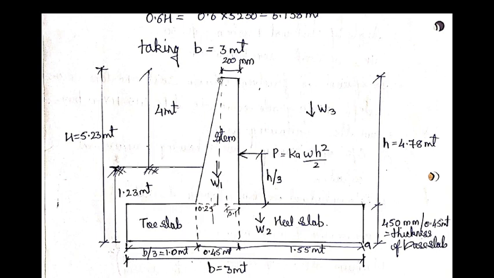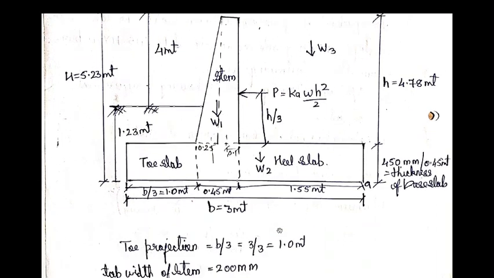Then this is the stem portion. The height of the stem, we have taken it as 4.78 meter from here, and the total height h is taken to be 5.23 meter from the foundation, that is the base slab. The ground height is nothing but the height which we worked out, so this was 1.23 meter. Initially we have given the weights. The weight of the stem will act downwards, W1, and the weight of this whole base slab will act as W2, which is a concrete structure, and W3 is where the soil is retained, so the soil will go downwards. So this is how we had worked out.